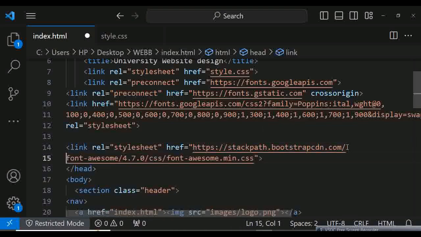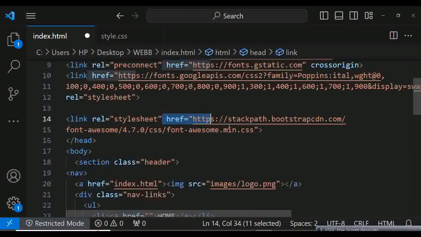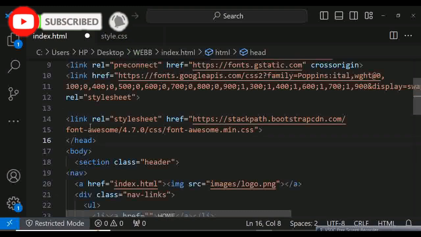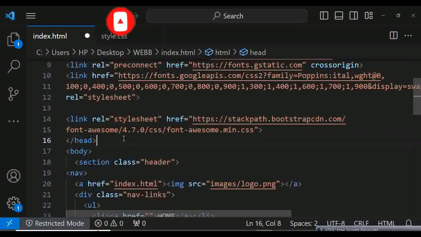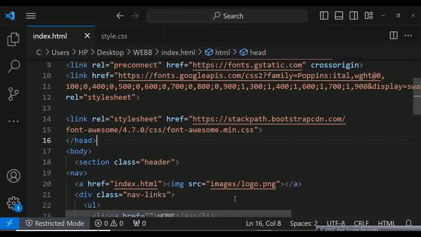Let me break it. So look at it. We have link rel, style sheet, href, http://stackpath.bootstrapcdn.com/font-awesome/4.7.0/css/font-awesome.min.css. This is the link we are looking for. This is what we are supposed to copy. So save. Let me come again. This is the link we are supposed to copy. Do you understand? So that's the link. After copying that,